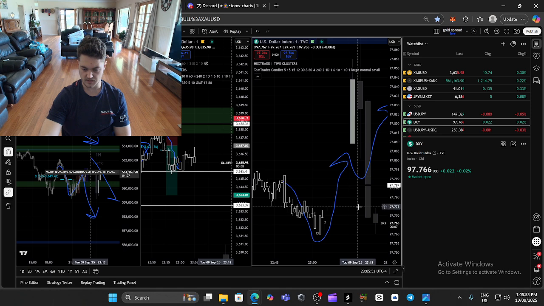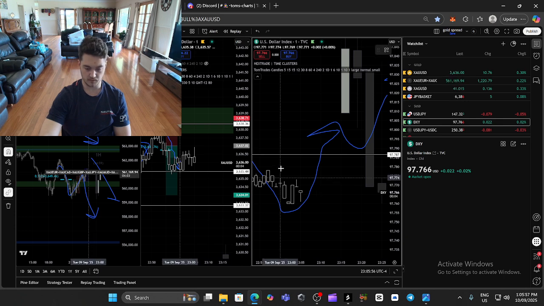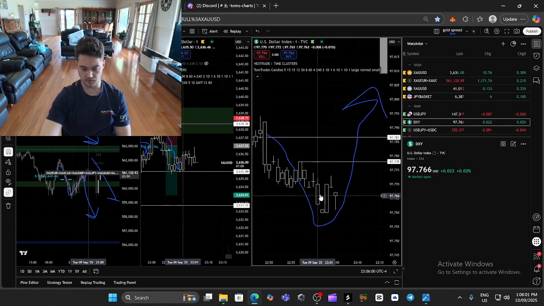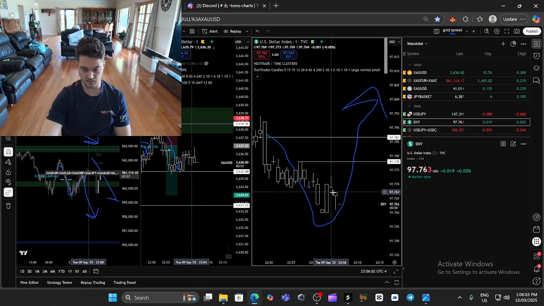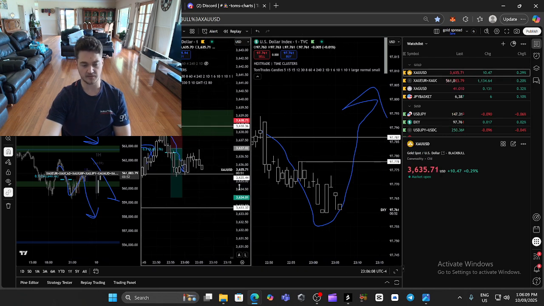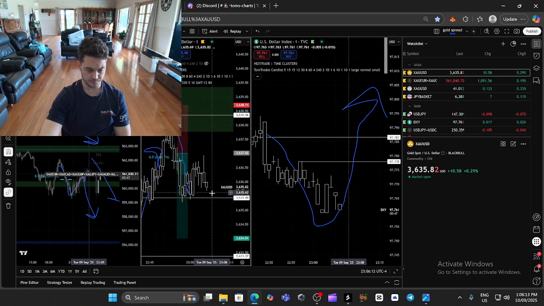You just want to see DXY really push and break this high now. If you wanted to manage this trade really well, you could say, if this doesn't break this within 5 one-minute candles, then I will exit this current trade. So